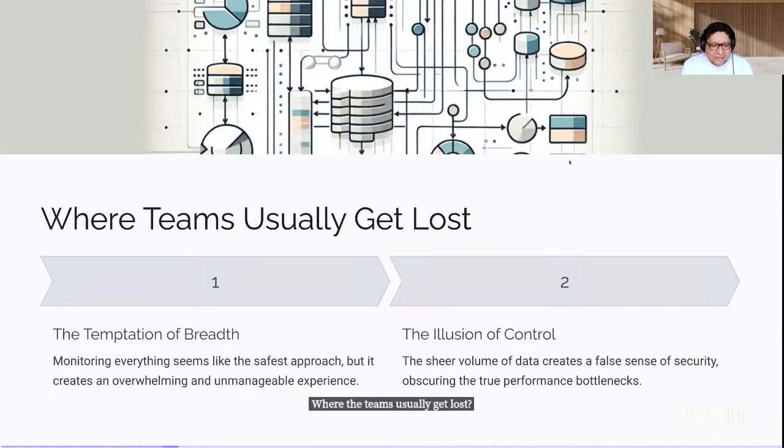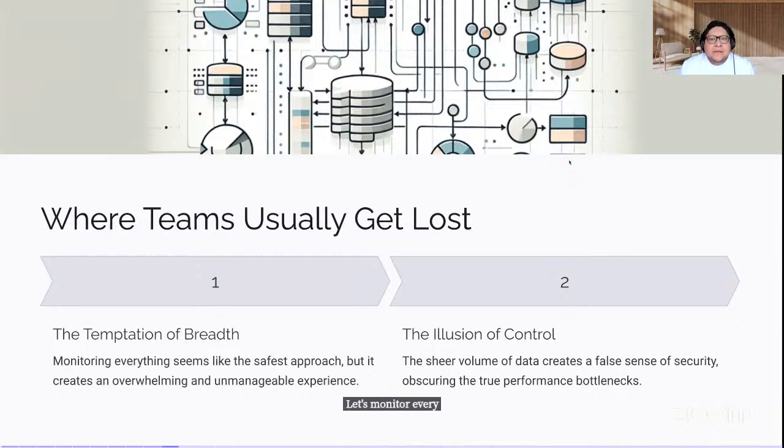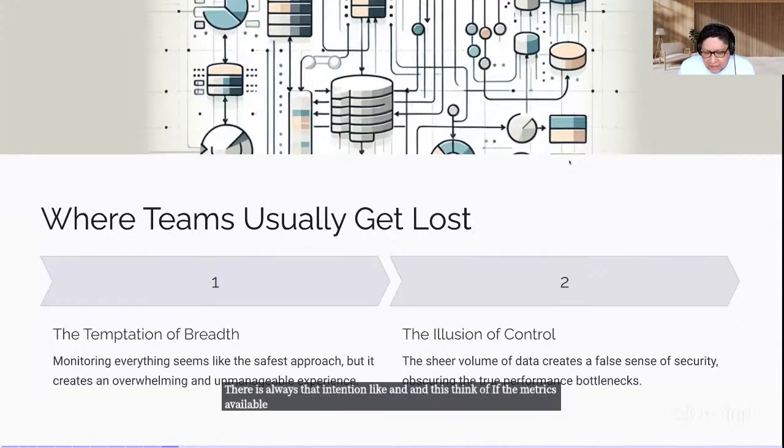Two things, which are related. The temptation of this amplitude, right? Like, let's monitor every single metric that we can consume, not only from the database, from the operating system, from whatever. There's always the temptation, like, if the metric is available, well, I have to consume it.